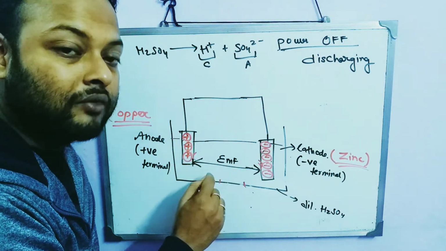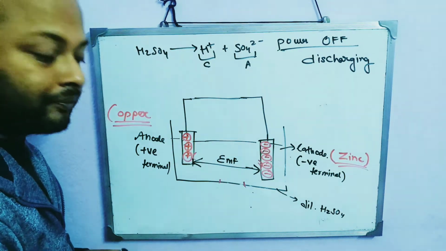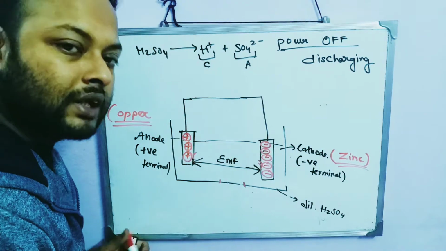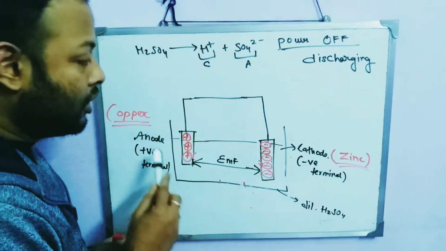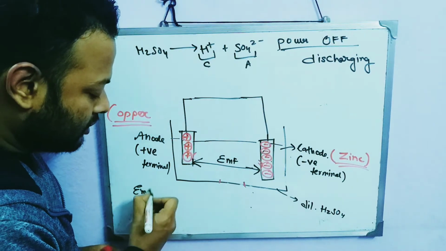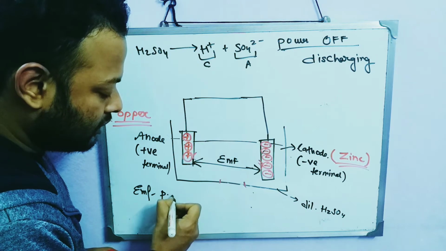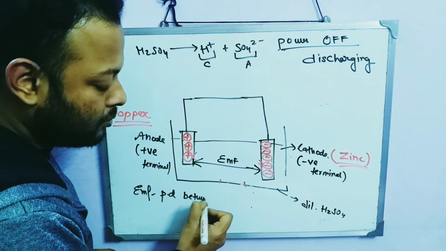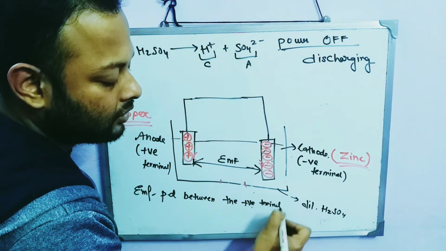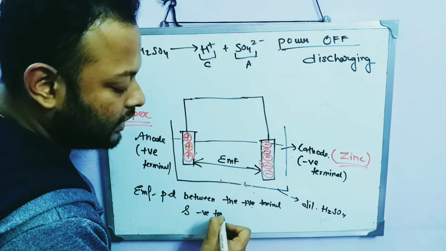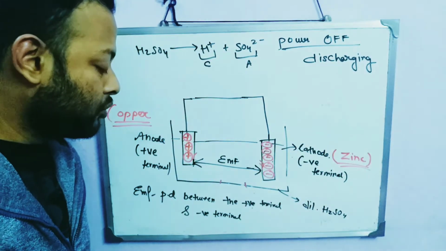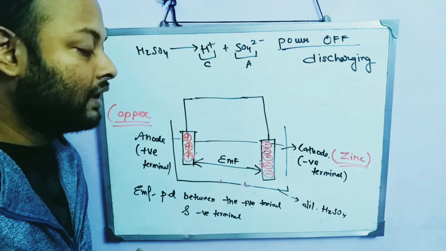That is called as the EMF. So EMF is not any kind of a force, although the name suggests electromotive force, but the EMF is a potential difference between the positive terminal and the negative terminal. So EMF is what? Potential difference between the positive terminal and negative terminal. But yes, one thing very important,